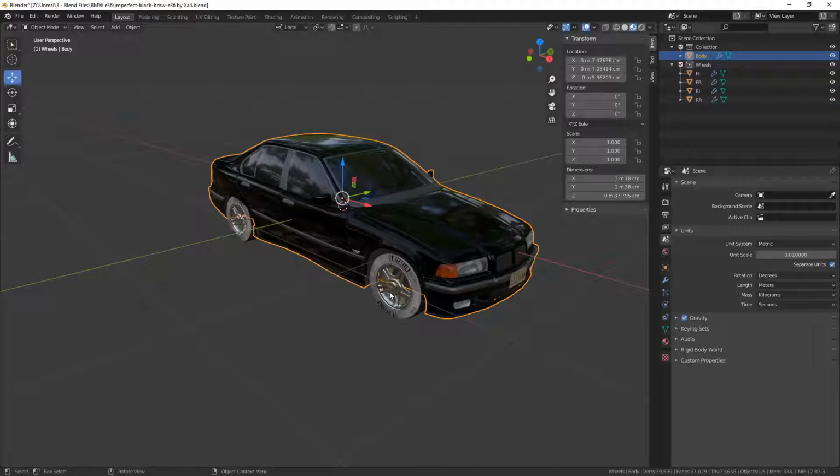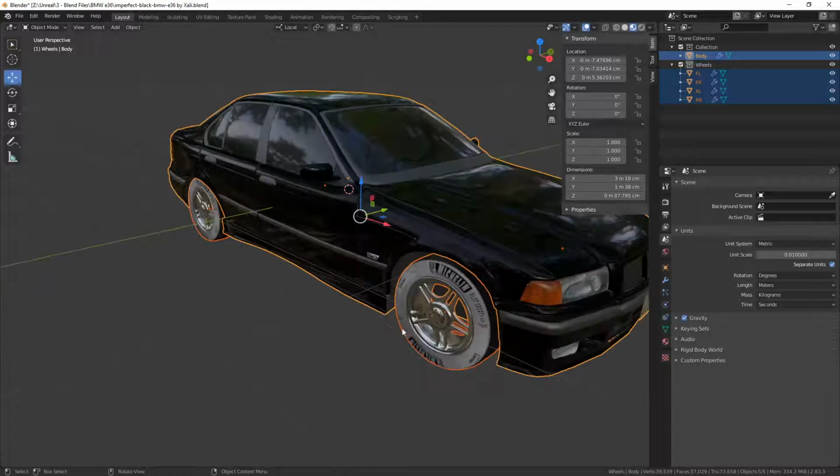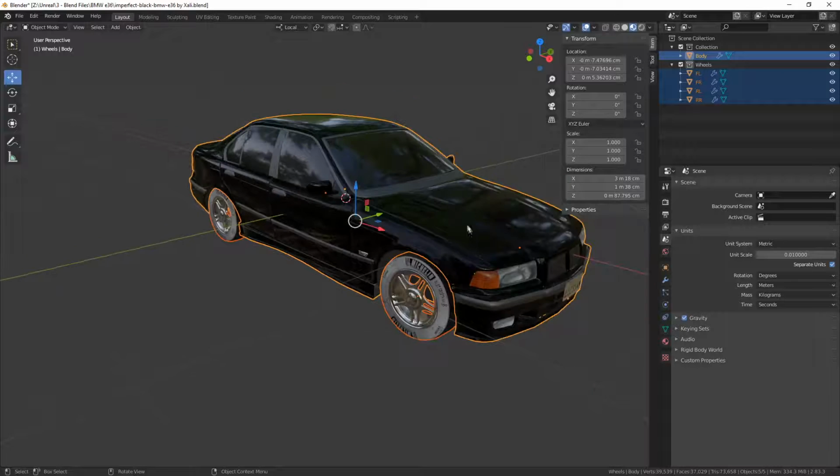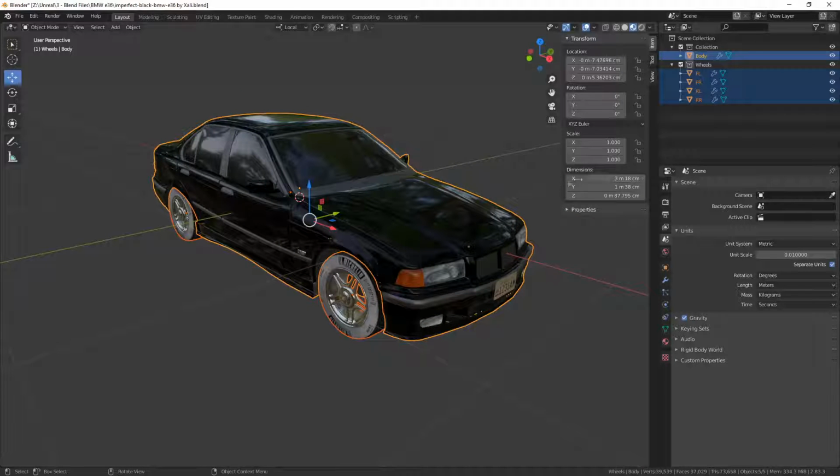The way to do that is if you select all and then select the body. The body is yellow and everything else like the wheels are orange. Whatever's yellow will show up in this item drop down here, so make sure that's the body so you can see the width and length of it.